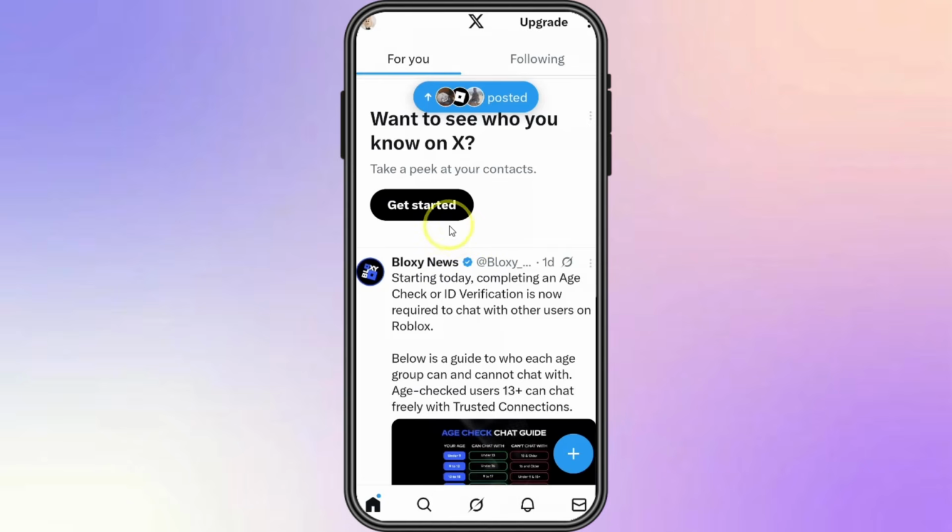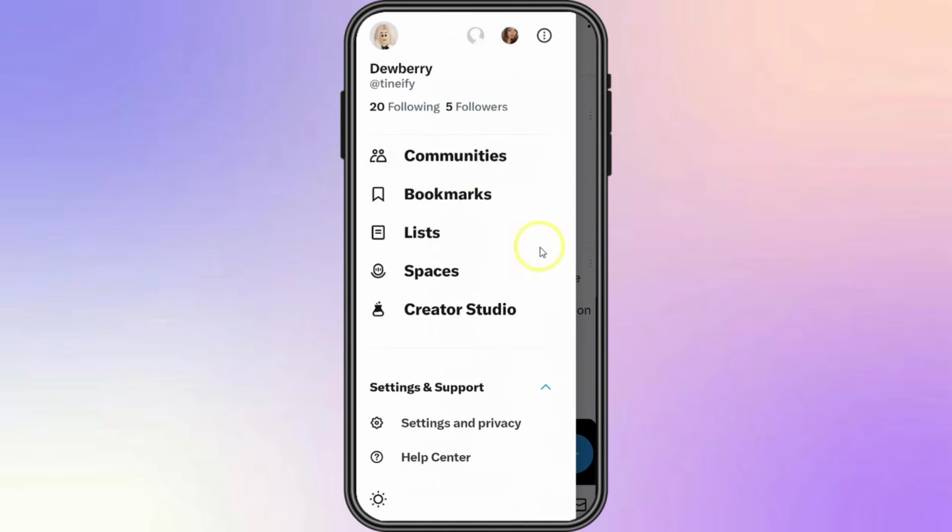Today's video, I'm going to show you how to fix the Twitter or X age verification problem. So start by opening up the X app and of course make sure that you're logged into your account. Now from the home page, just drag the screen to the right for this window to pop up, then click